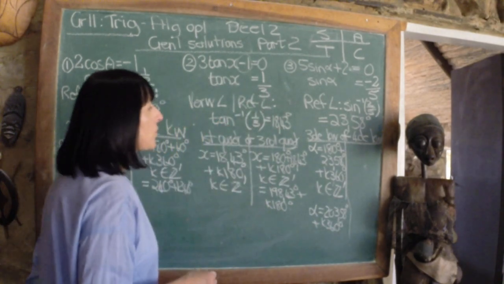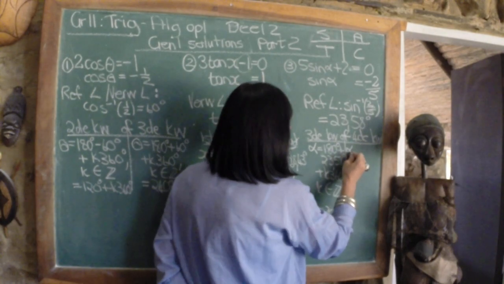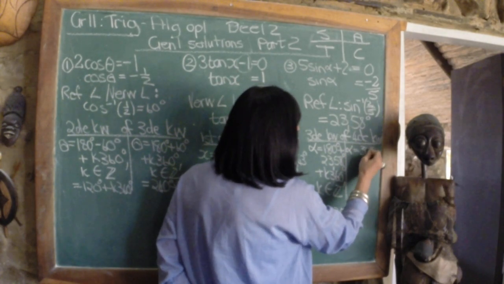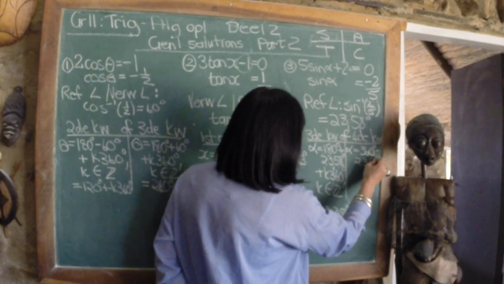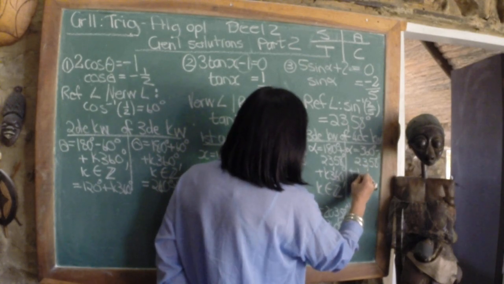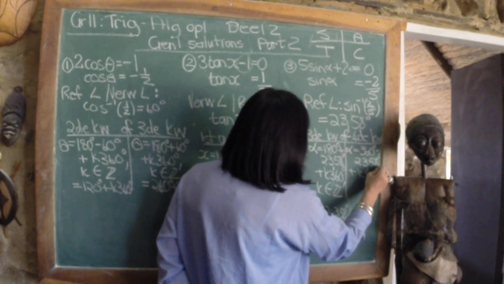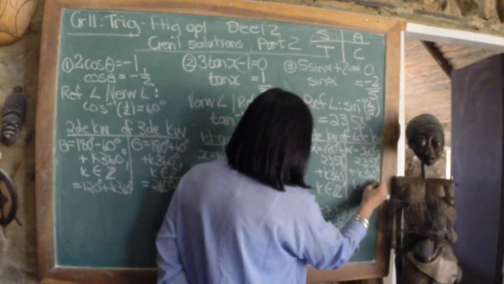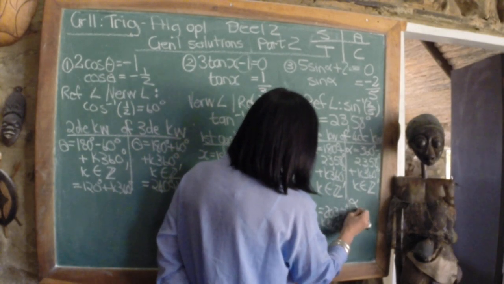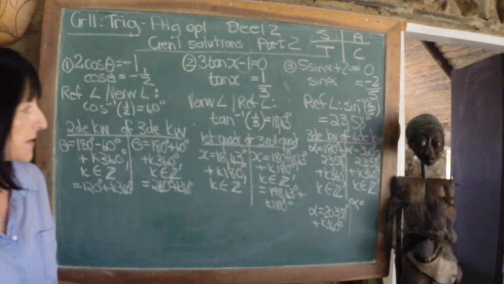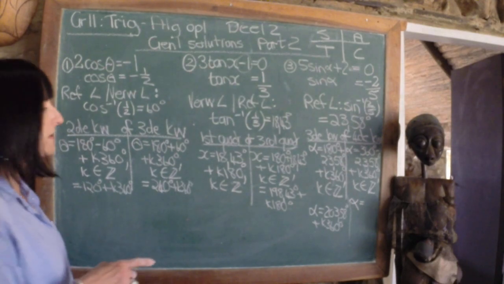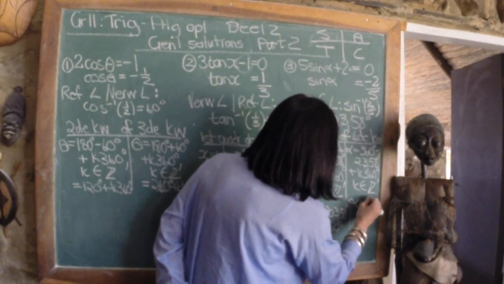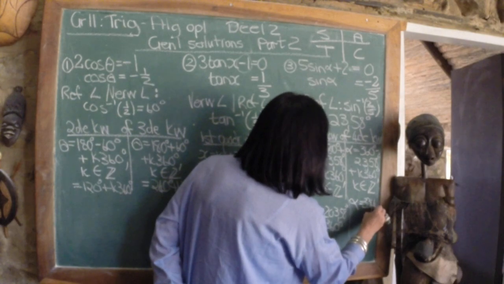Let's check the fourth quadrant. In the fourth quadrant, alpha equals 360 degrees minus my reference angle of 23,58 degrees plus k times 360, k an element of z. So now we can simplify. We subtract 23,58 now from 360, and that gives us 336,42, 336,42 degrees